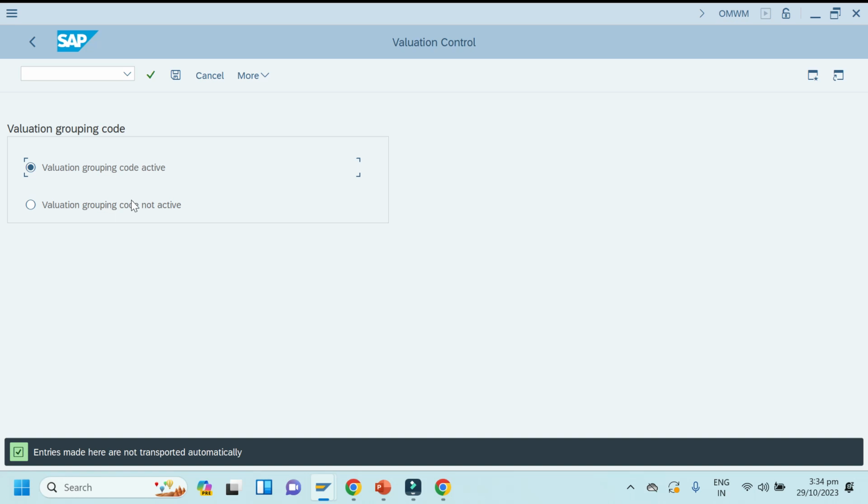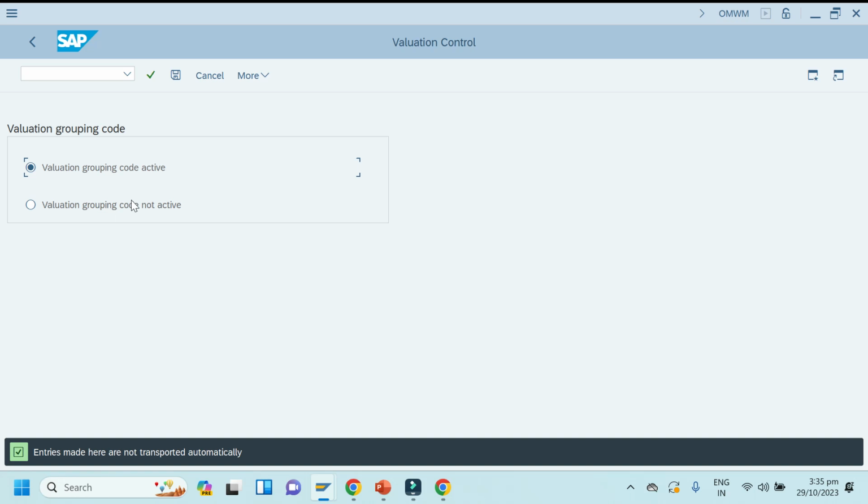Then only if you select active, then only at valuation grouping code level, GL account assignment is possible.